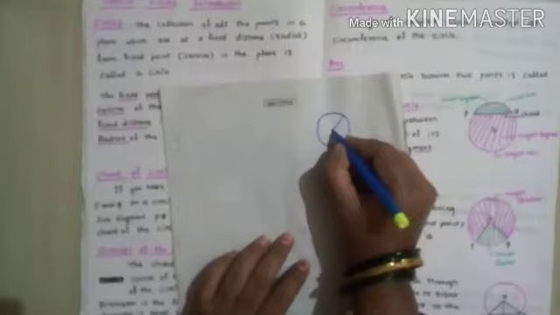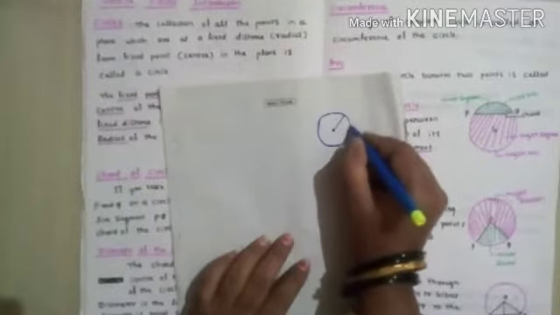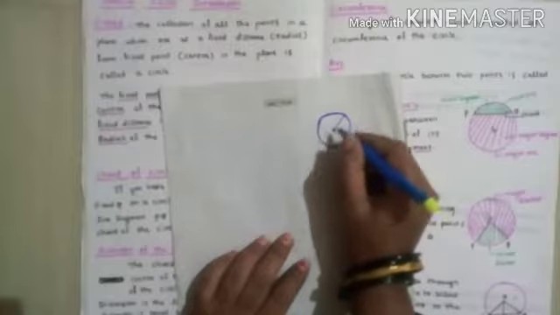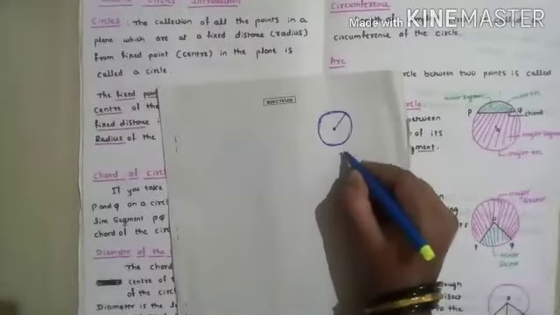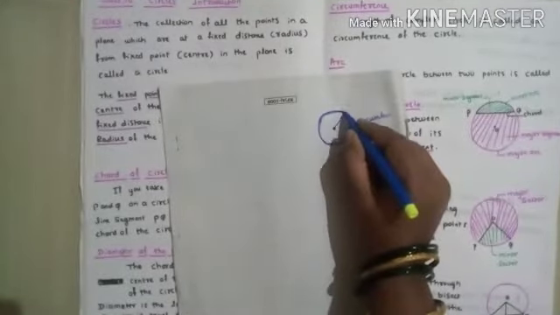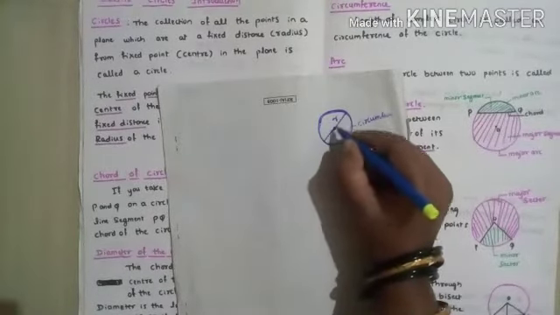This fixed point is called the center, and these points are called the circumference of the circle, and this is also called the boundary of the circle, or also the perimeter of the circle. You know the perimeter of the circle formula is 2 pi r. It is also called the circumference of the circle. You already know this. Last year you learnt it. And next, the distance from center to circumference is called the radius of the circle. And if you extend like this, this is called the diameter of the circle. And the diameter is the longest chord of the circle.